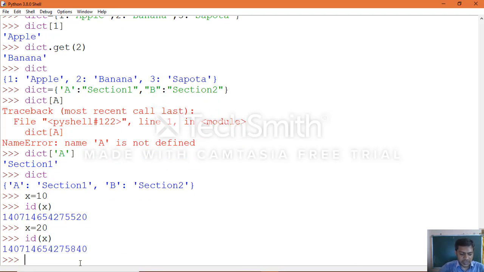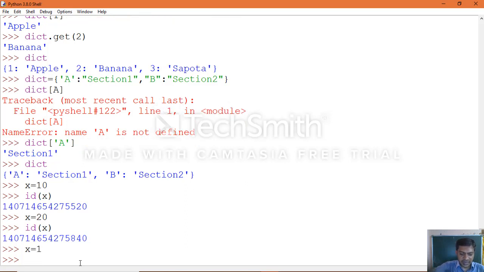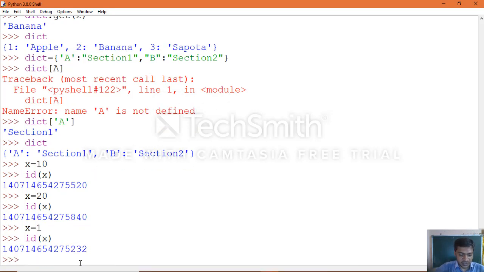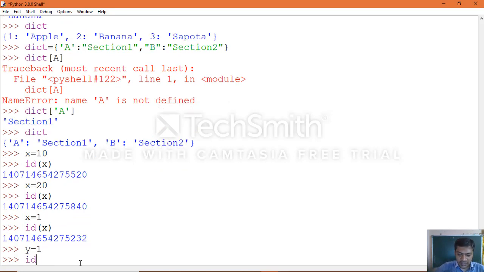Now same manner, define x equal to 1, and let's see the ID of x, how the memory address is assigned. Same way, y equal to 1, now see the ID of y.